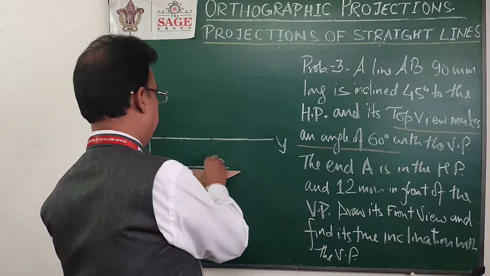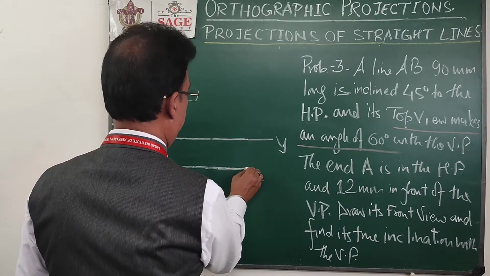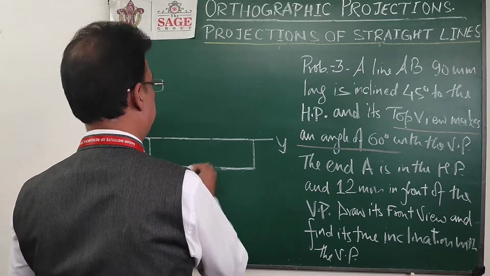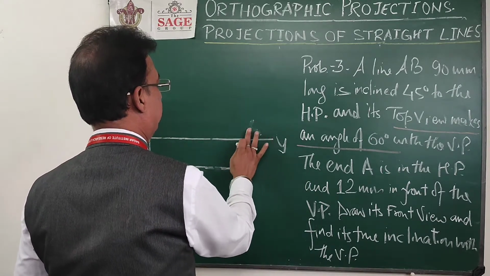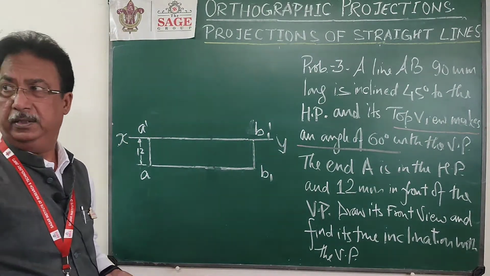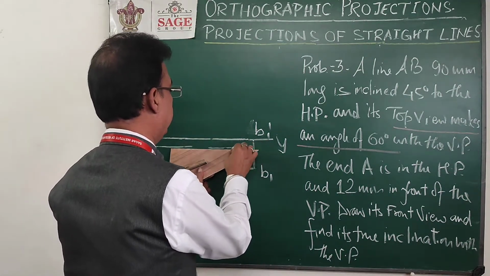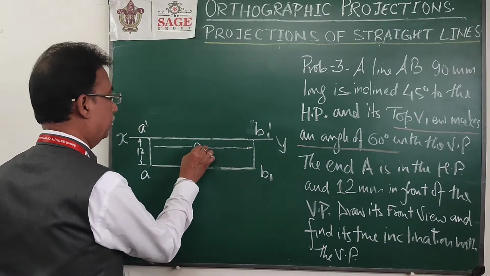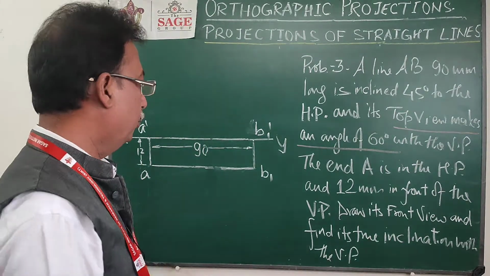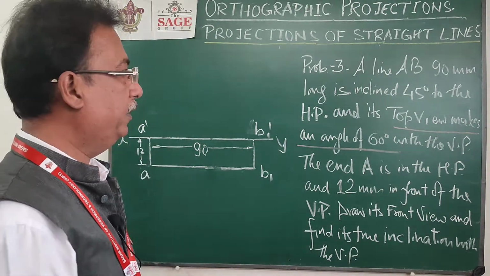So in the top view I am drawing this. In the front view, you can see it is already going to lie on XY. So this is my line, this will be B1 dash, and this will be B1, and this length will be 90 mm. So I have taken the first step, my line is parallel to both the planes. So both the projections show the true length: A dash B1 dash, that is the front view, is the true length, and A B1, that is also the true length.